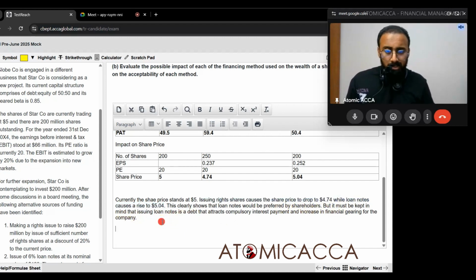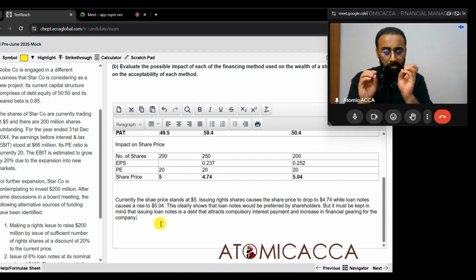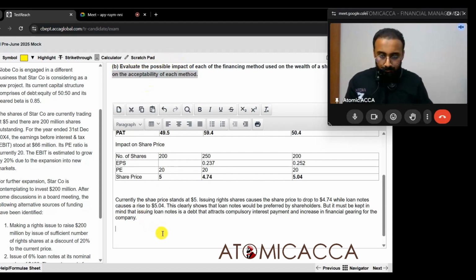issuing loan notes increases gearing. Okay, now let's talk about something positive about issuing shares also, so that we have both ends. We told the current situation, we told what is bad with loan notes. Now we can tell what is good with issuing shares, or good and bad also, so that you address this part a little more clearly. So though issuing shares may drop the share price for the time being,